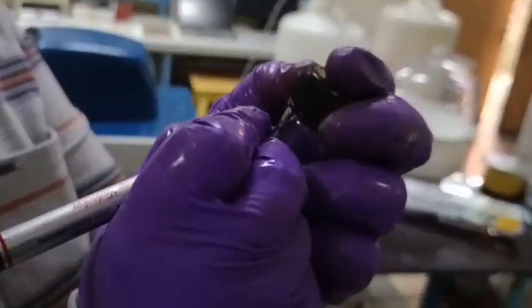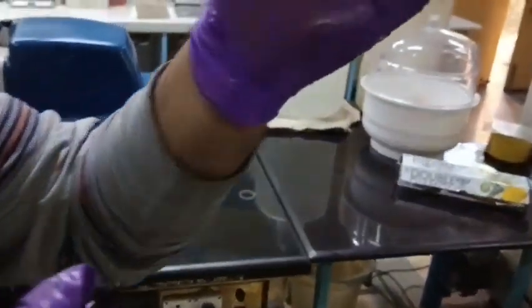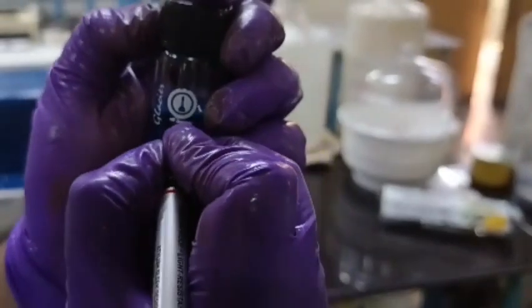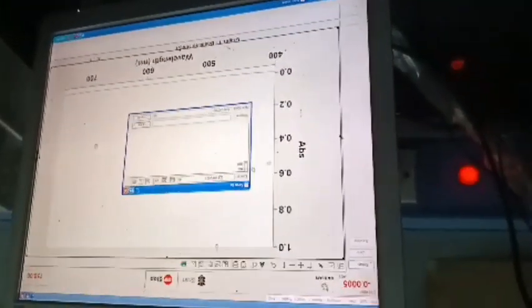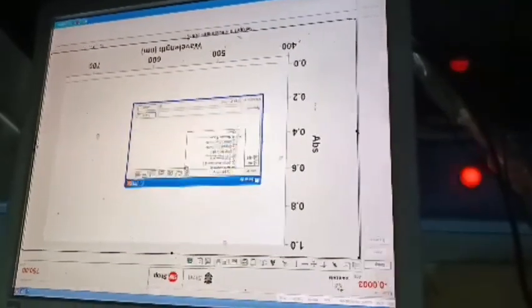I have written 0 here. Is it visible? Visible somewhat. 0 hour, right? And we take the reading at that time, and then we will work on it.